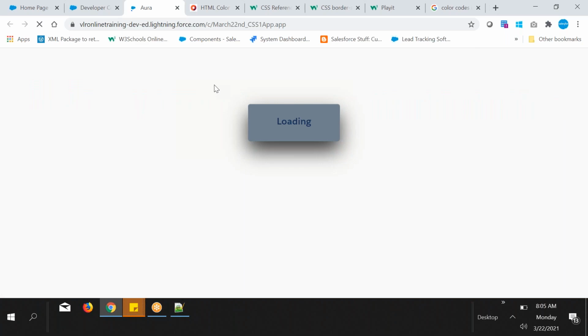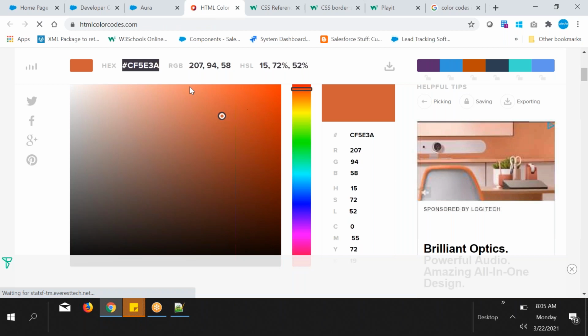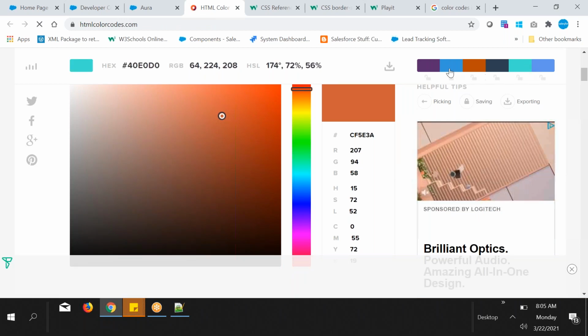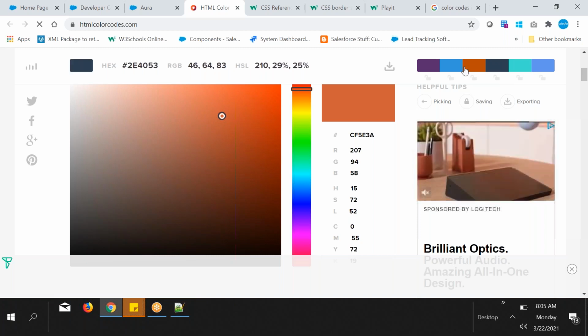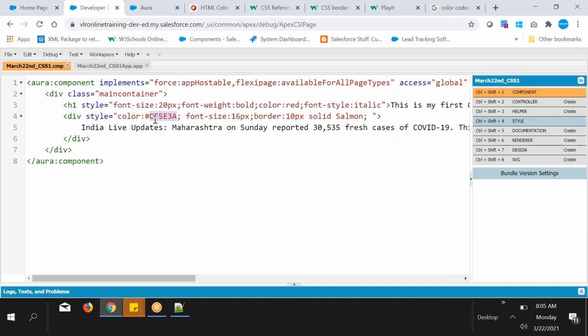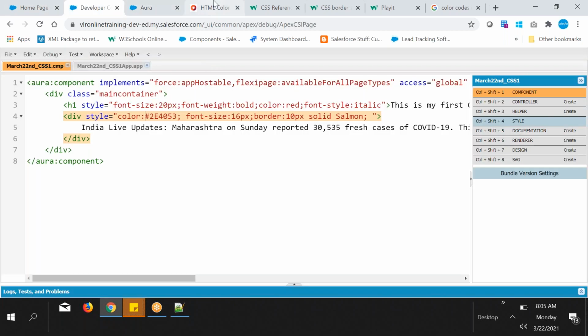F5. Okay, you can see the color. So like that you can apply different colors with different color codes also. Even if you see here, apply this one, whatever you want, copy it. So this is how you can apply color codes. You can apply color codes anywhere, not only for text colors. Next,